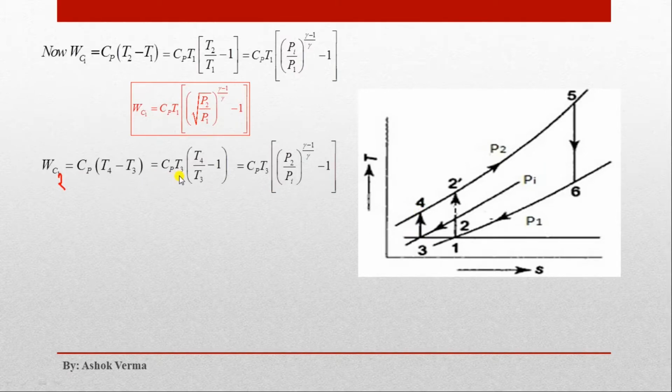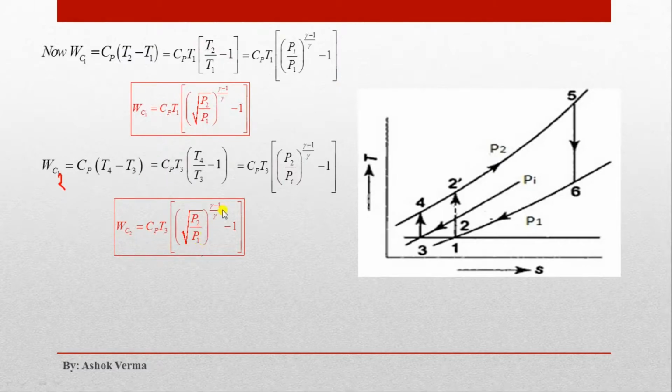So after taking T3 common, you will get (T4 by T3 minus 1), and T4 by T3 will be (P2 by Pi) to the power (gamma minus 1) by gamma. After putting the value of Pi, which you have derived as square root of P1 and P2, then you will get WC2 equal to Cp into T3 into (square root of P2 by P1 to the power gamma minus 1 by gamma, minus 1). So you can see here WC1 equal to this and